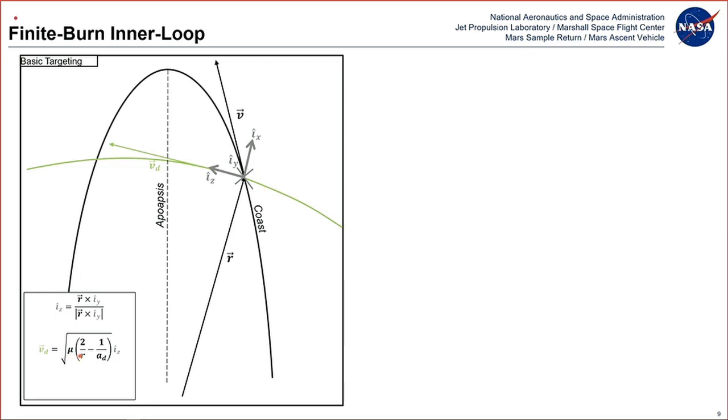So at this point, we're using vis viva to come up with the desired velocity. We have a current velocity, and it's that easy. You can compute velocity to go. So for a while, this was the algorithm that we were flying. It was a very simple, impulsive derivation that allowed us to, again, compute VGO at some arbitrary point in our